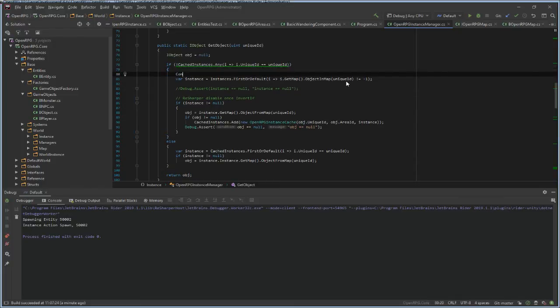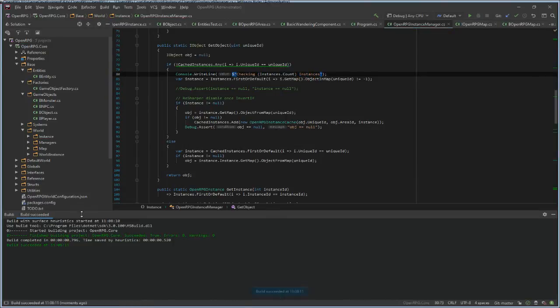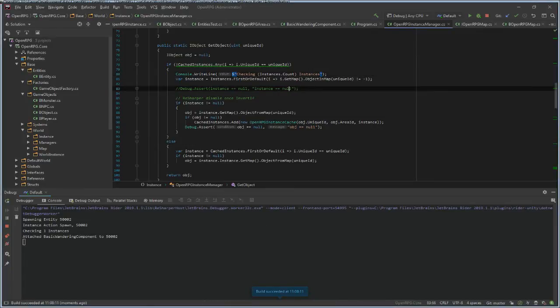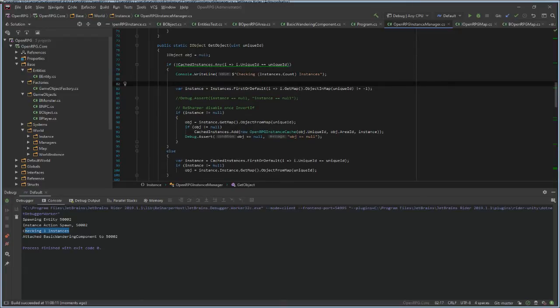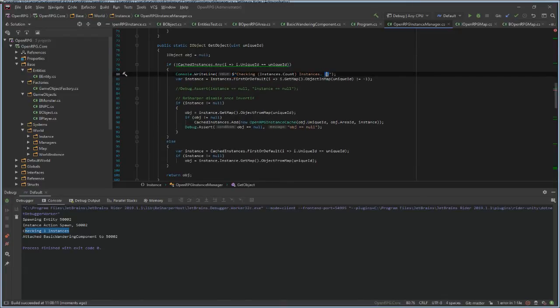Console checking instances dot count instances. Okay, so the instances is definitely there. Definitely there. And what if I do this, instances dot first, get map, get default area, game objects count.